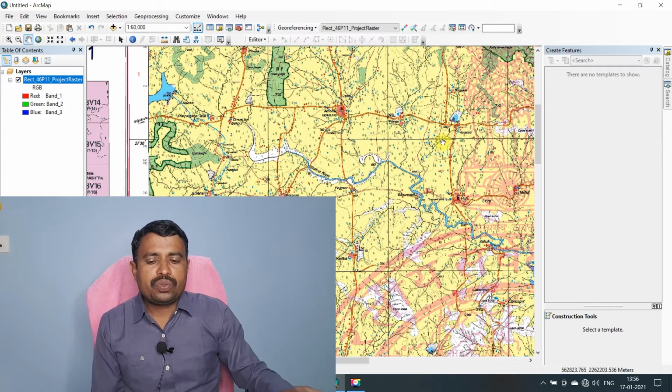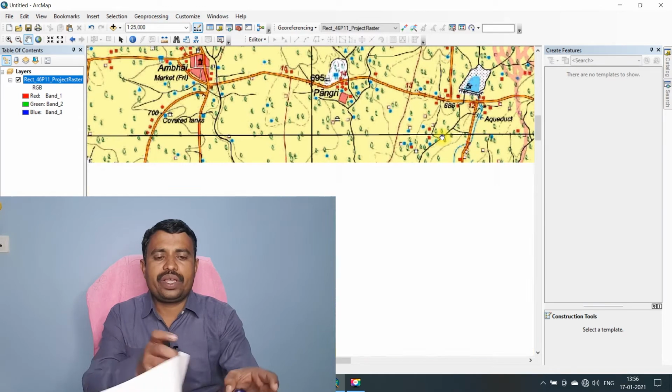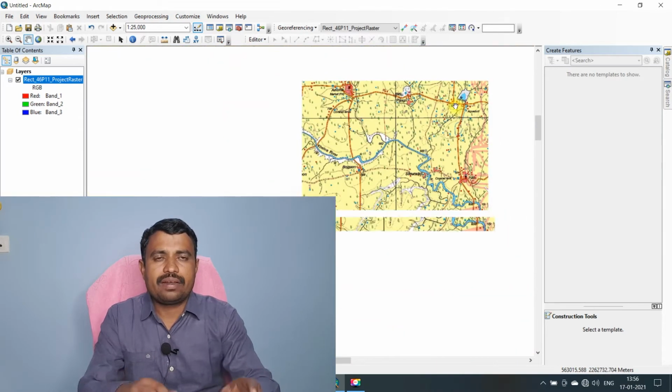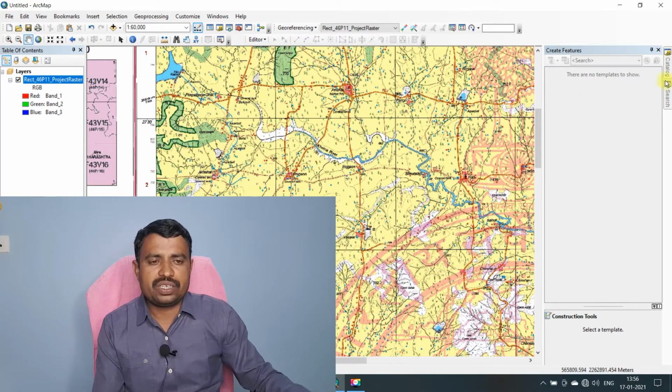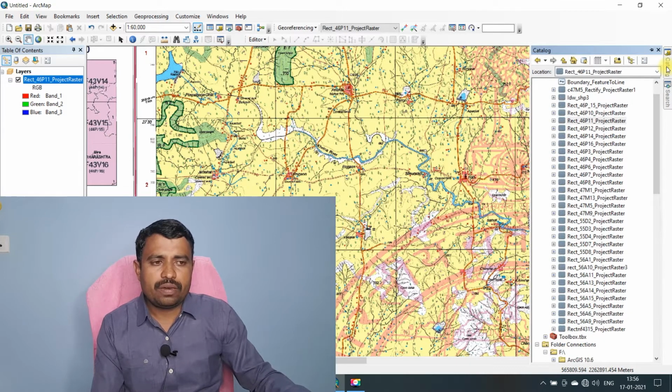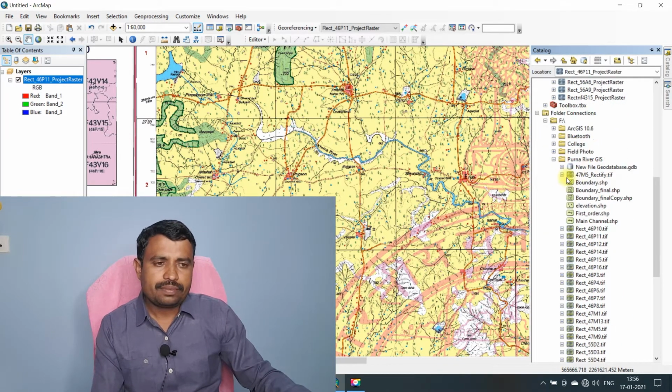Before going to that, I will show you how to create a shapefile. Just go into the catalog. After going to the catalog, I have already taken one topo sheet that is already rectified and projected, 46P/11. This is the topo sheet number.